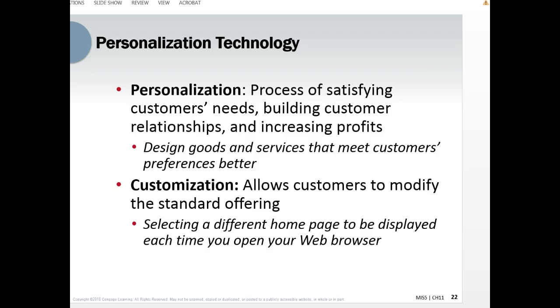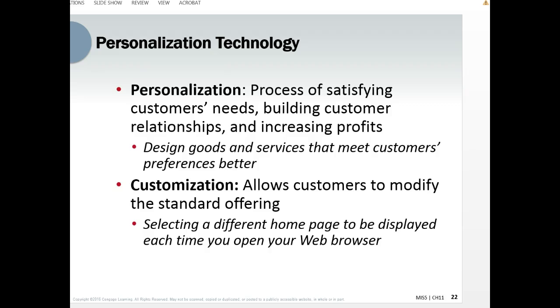Customization, which is a little bit different from personalization, allows customers to modify their standard offering, such as selecting a different homepage to be displayed each time you open your web browser. For example, you log into the Yahoo portal and customize the start page by choosing your preferred layout, colors, and content, and so on. Nike is a great example, which lets customers create their own shoes by selecting styles and colors